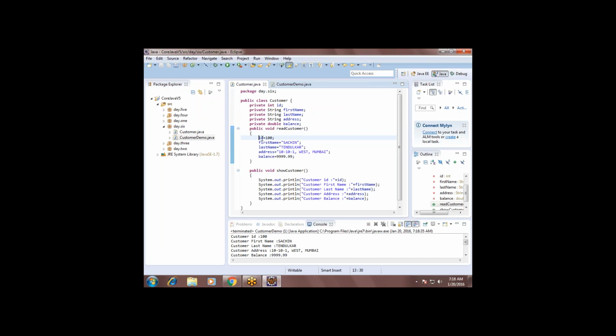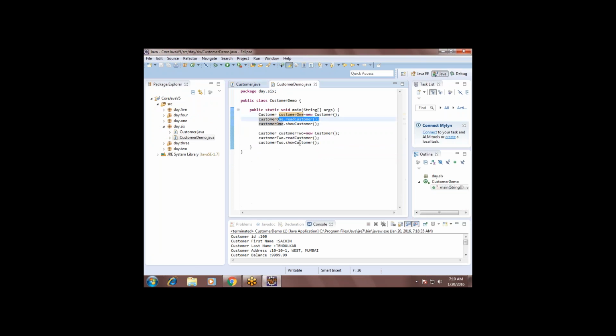For every object it is inserting the same values, because the values are hard coded inside the program. So if any object calls these methods, they will be filled with the same values, right? That is the concept.